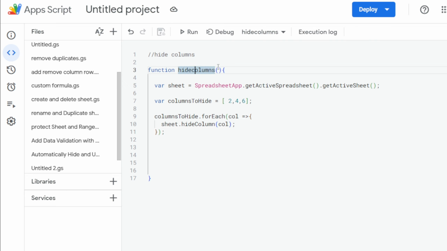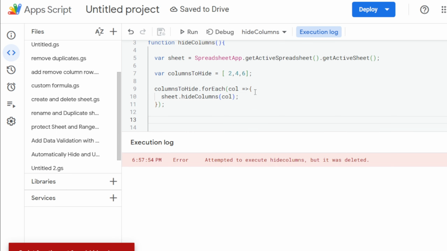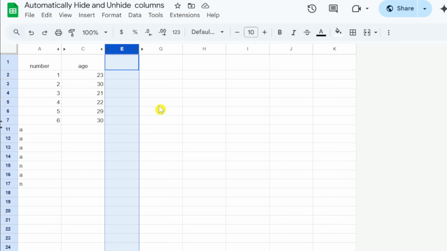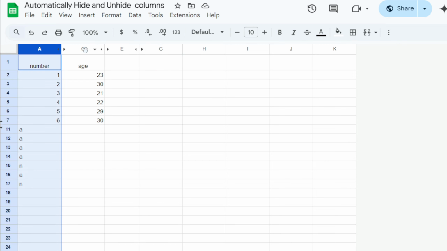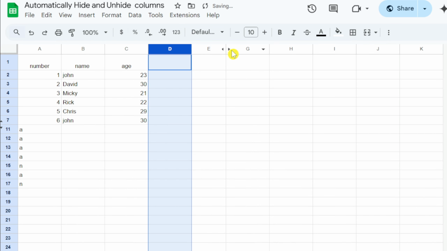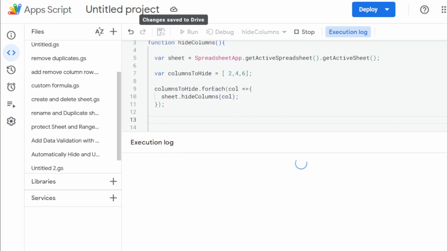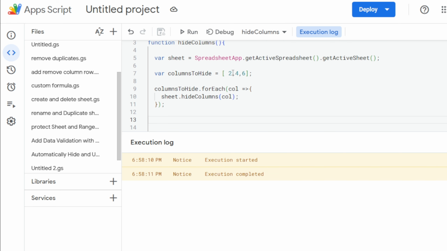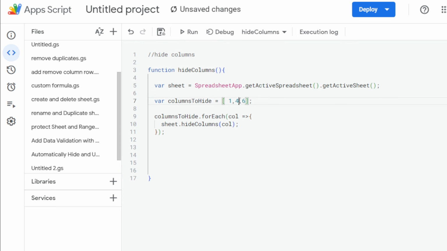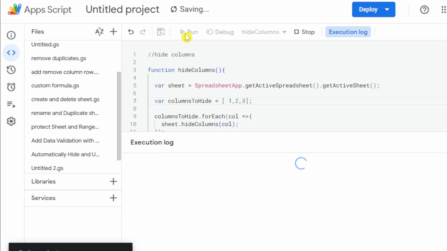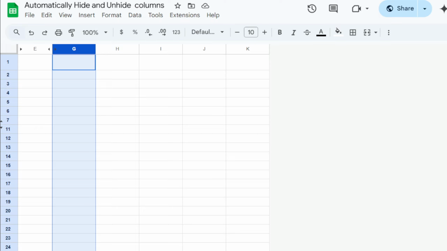Okay, so I made a mistake here. So see, we have these columns hidden now, this second, fourth and sixth column. Let me rerun it, or let's say I wanna hide 1, 2, 3. See,